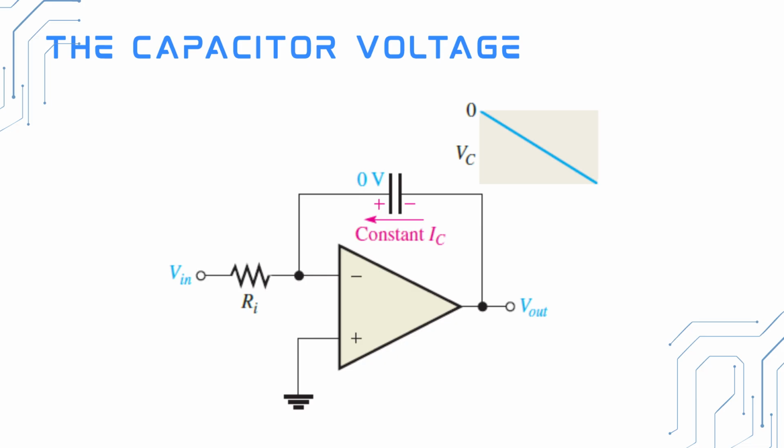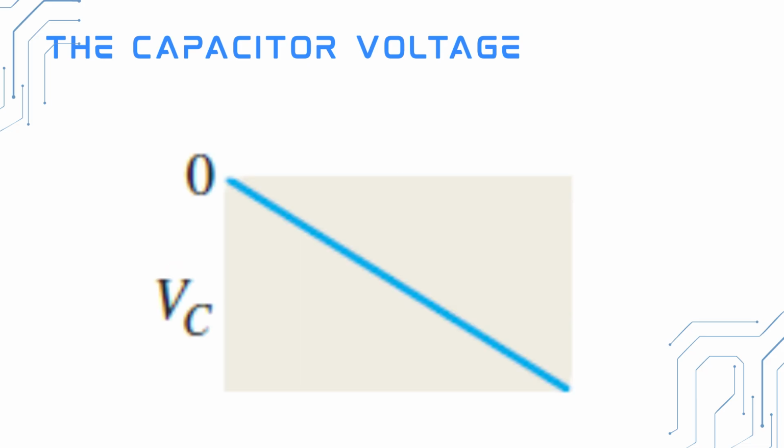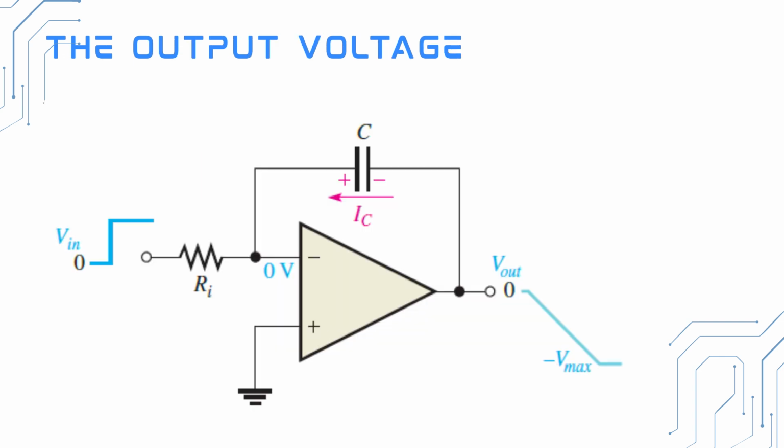Sa positive side ng ating capacitor is held at 0 volts by a virtual ground of the op-amp. So the voltage naman sa ating negative side ng ating capacitor decreases linearly from zero as the capacitor charges. Kung makikita po natin sa ating figure, this voltage na mapansin po natin from zero pababa ay tinatawag nating negative ramp. So here's a linear ramp voltage produced across C by the constant charging current. The output voltage is the same as the voltage on the negative side of the capacitor.